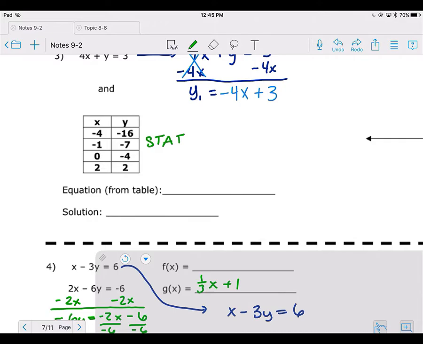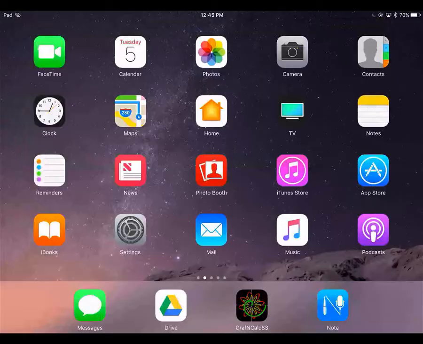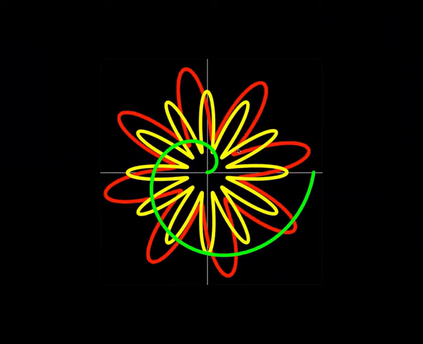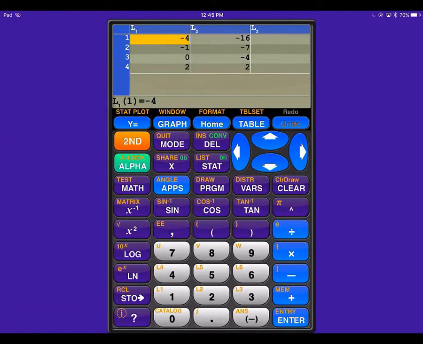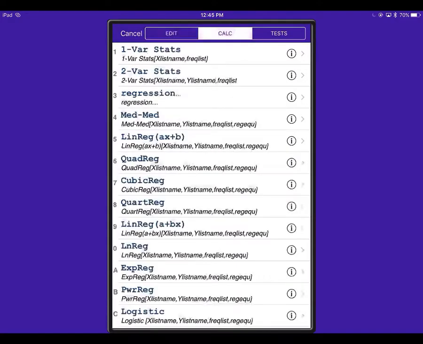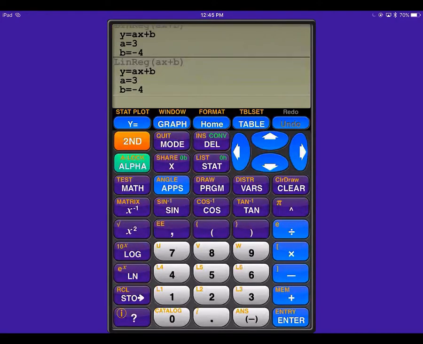So I click the stat button on my calculator. Remember the stat button, once it loads, is the one under delete. So stat edit. This table is already put in here. I would put all of my x's in L1, all of my y's in L2. The table in my calculator looks exactly like the table on my paper. Once you have entered these, you click Stat, Calc 4, enter, enter, enter, enter, enter, and we get our equation